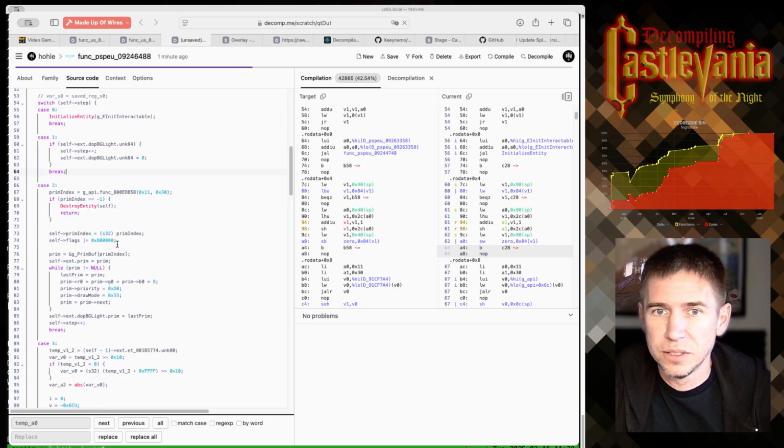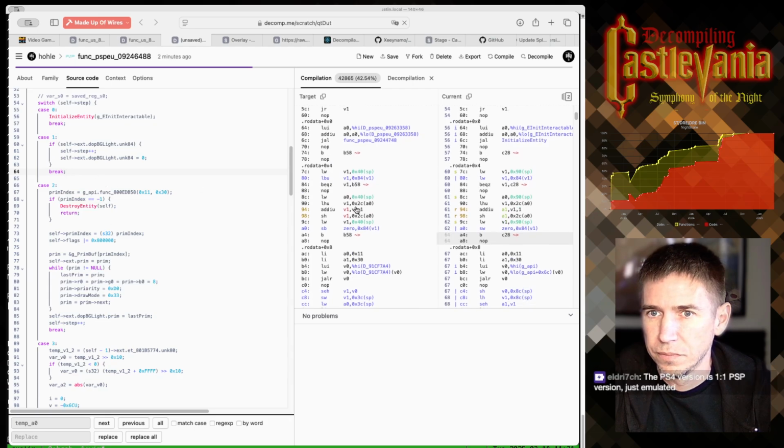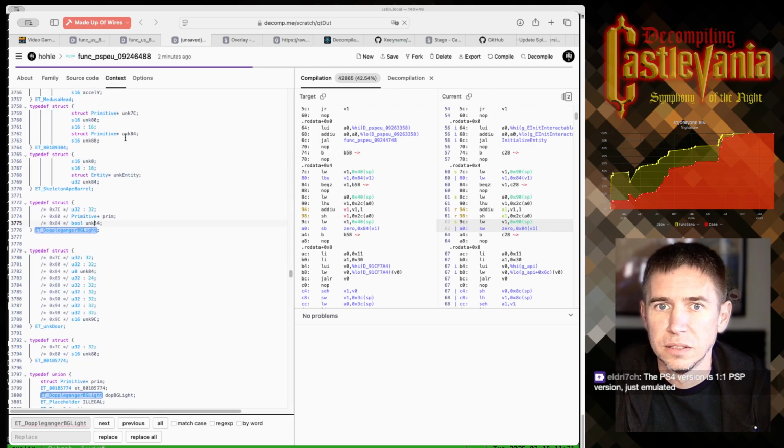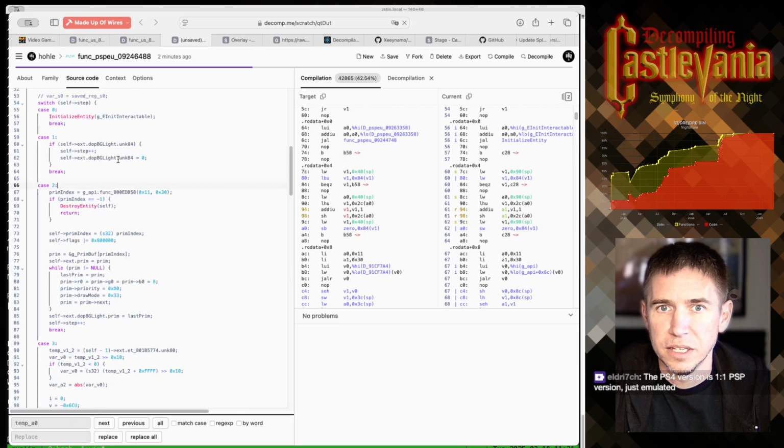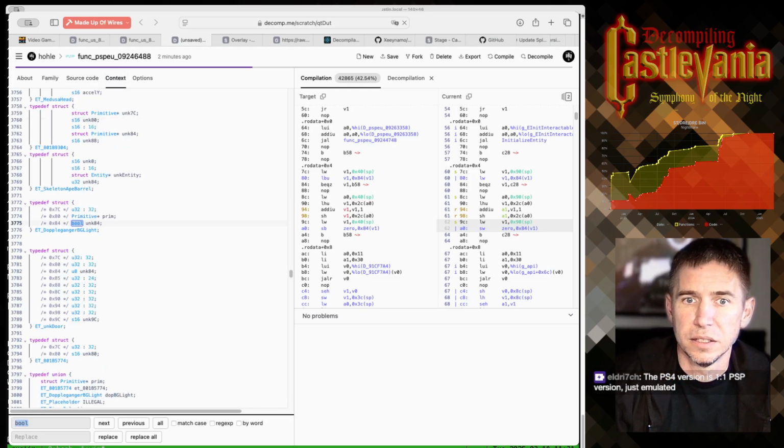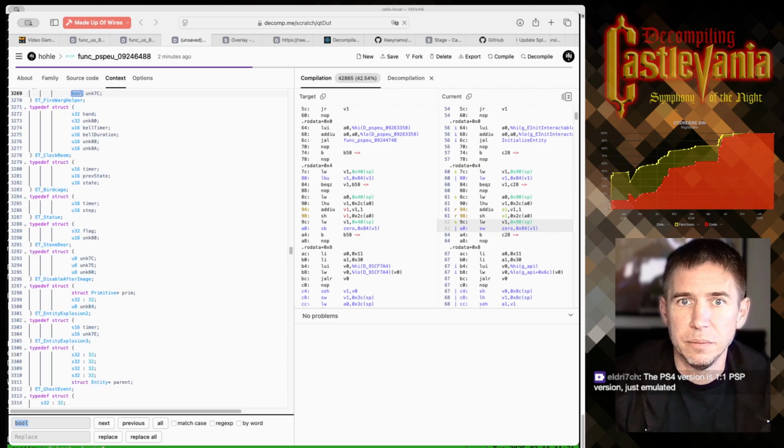All right, so I'm gonna keep going. Here we have a store word instead of a store byte. Not sure why though, because background light is a bool. And it actually, bool may be